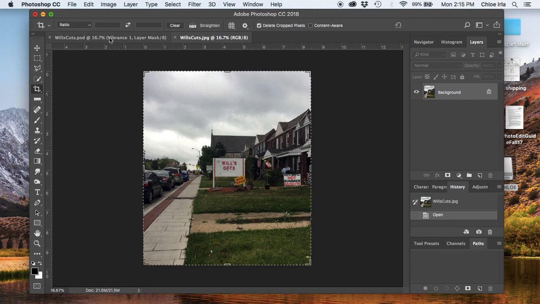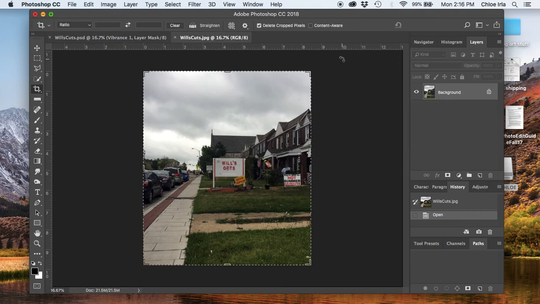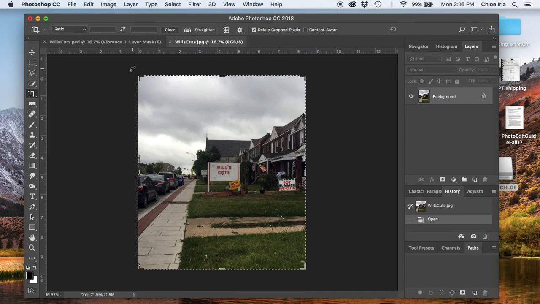So again, there's a big difference between these two. And that's why it's important to always, always, always have the Photoshop document. I have Photoshop documents that are like 7 years old that I can still go in and access all of these layers, make changes, change the image size, and just save as something different. So that is the difference between a Photoshop document and a JPEG, and you should be saving your images